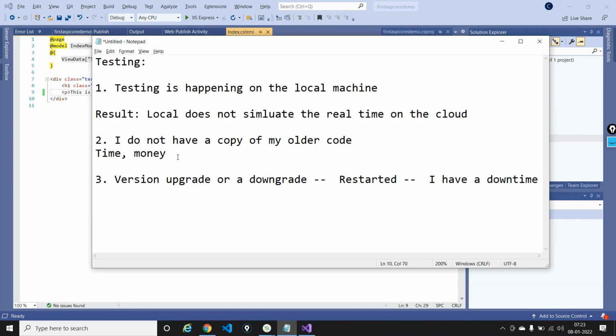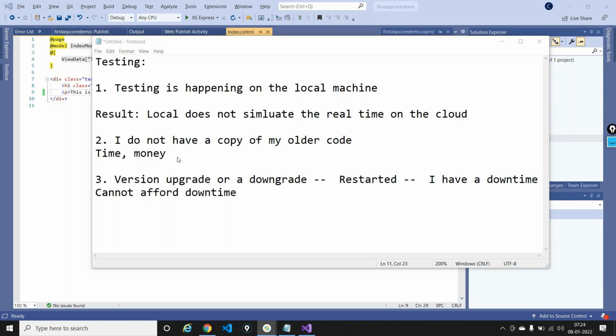Now, what if it is a complex application? What if it is a very complicated code that I have written? It might take somewhere around 5 to 6 minutes to restart and get the application back up and running. But companies usually do not enjoy the luxury of time. They cannot afford downtime, because each and every time there's a downtime, I am telling the customer to not use the application at that point in time. So cannot afford downtime out here.